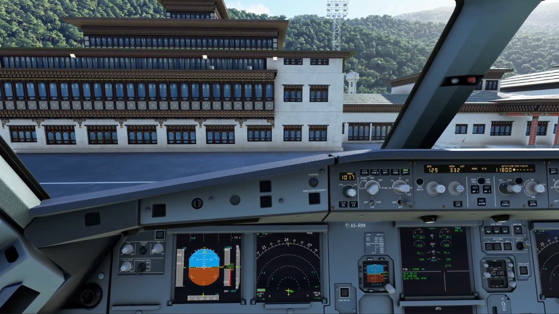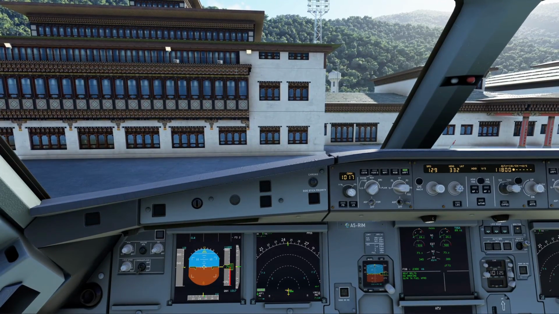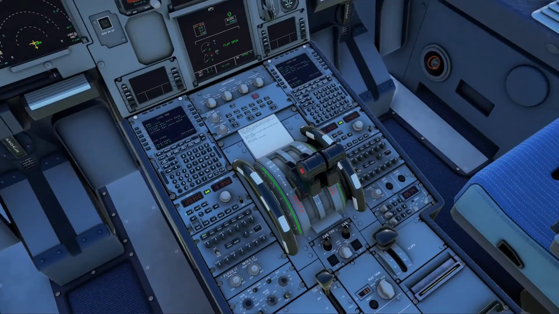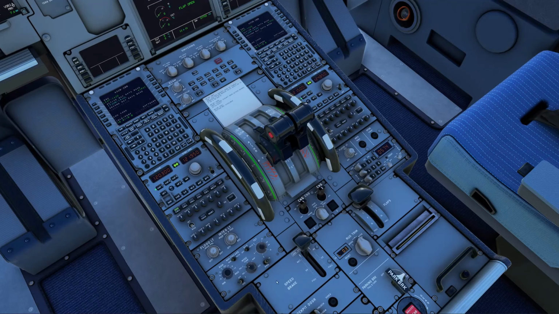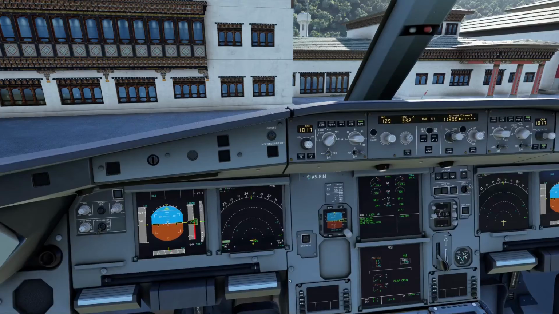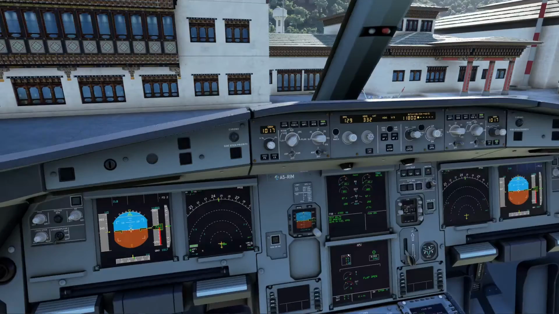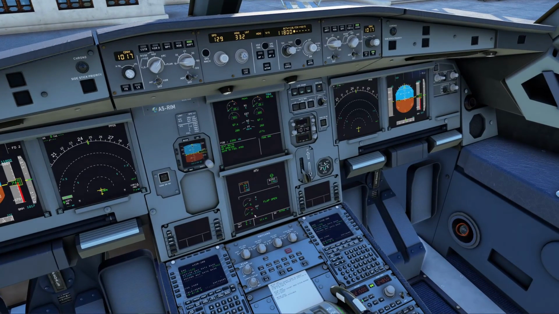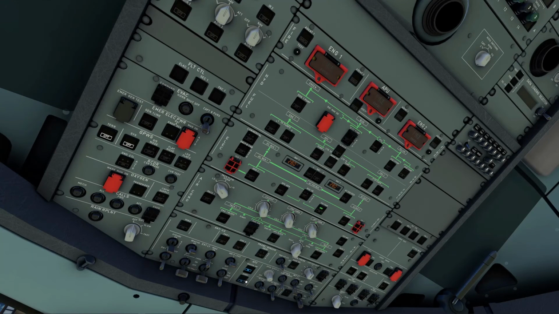Right, it's not as straight as I want it, but I'm going to leave it there. Okay, so APUs, just checking that those are on. No, it's not on. Oh, I didn't press start, did I? Okay. Right, everything's off here. That's fine, that's fine.